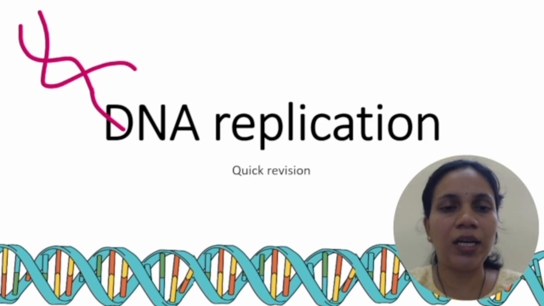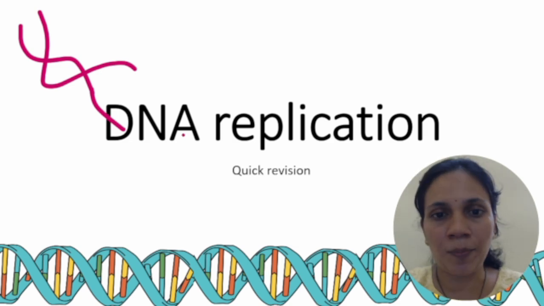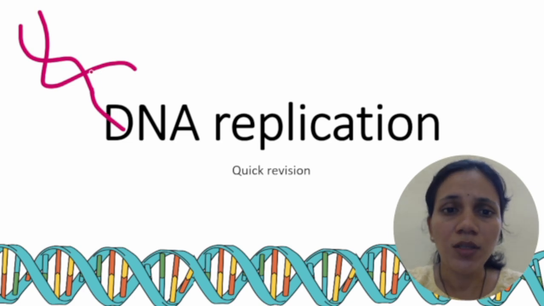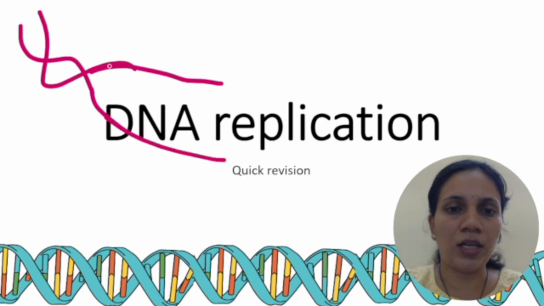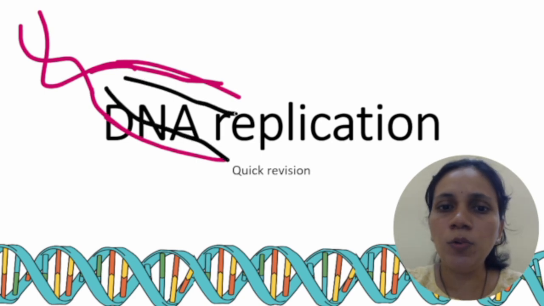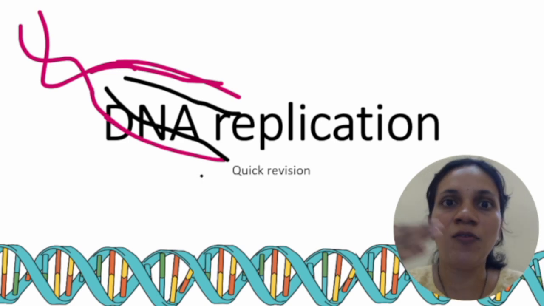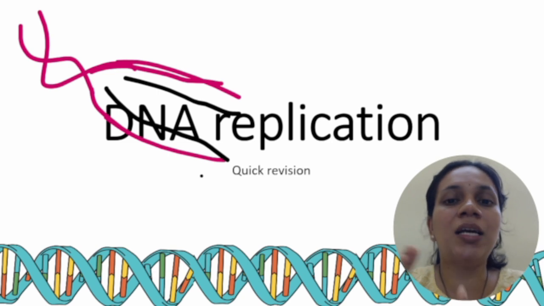And now we know that since there are two strands involved over here, both are having different polarities. One is 3 prime, 5 prime, second one is 5 prime, 3 prime. So when it is opening, there will be two sorts of DNA formed, right? Here we have two strands, and the complementary strands which will come into picture here will be newly synthesized. So that means one parental strand is conserved and the second one is new. So it makes it semi-conservative.